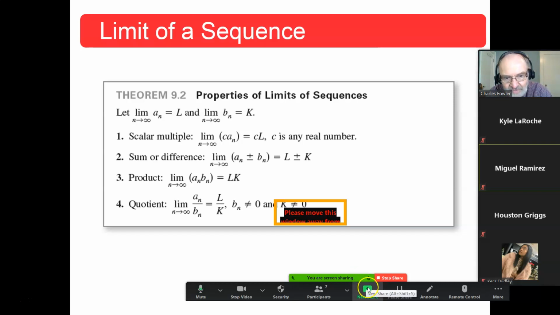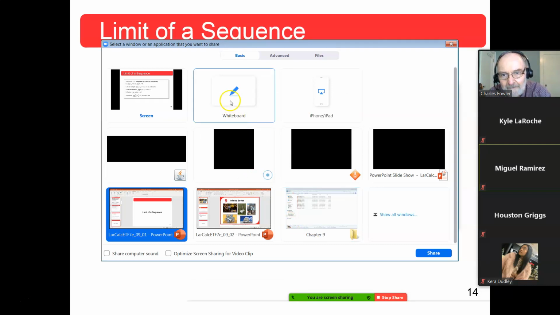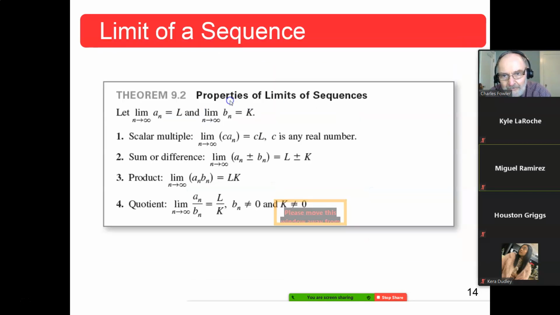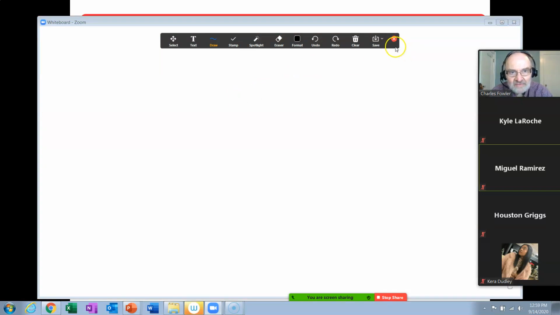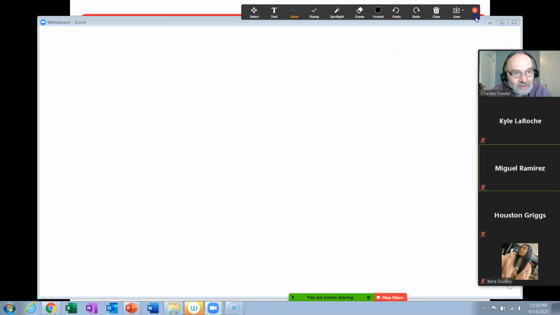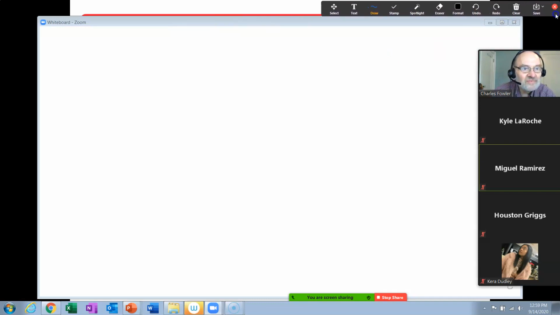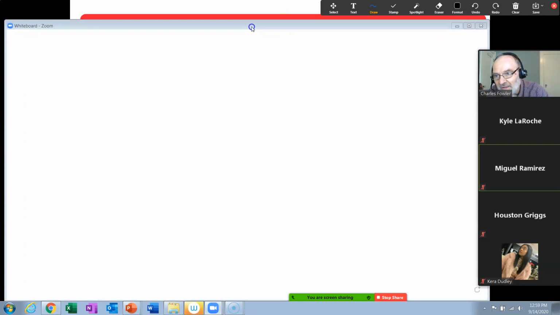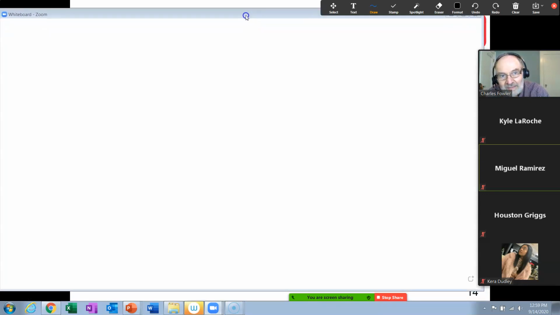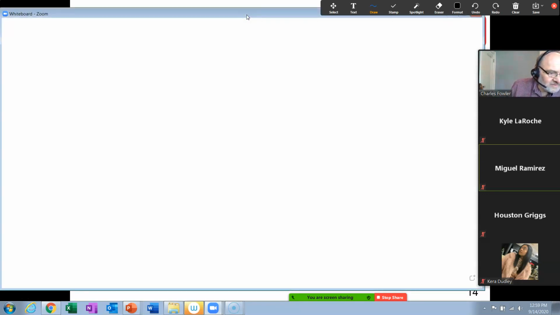So let's go to the whiteboard. All right, here we go. Now I've got to do some organizing here. First, I'm going to scoot this. You can't see it, but I have a taskbar here that gets in the way. So I'm going to scoot it as far to the right and up as I can. Then I'm going to scoot my whiteboard as far to the left and up as I can to give me the maximum writing space that I can have. That's about it. Okay, let's do example 3.